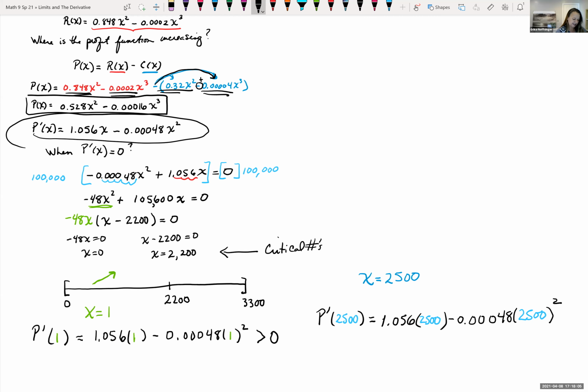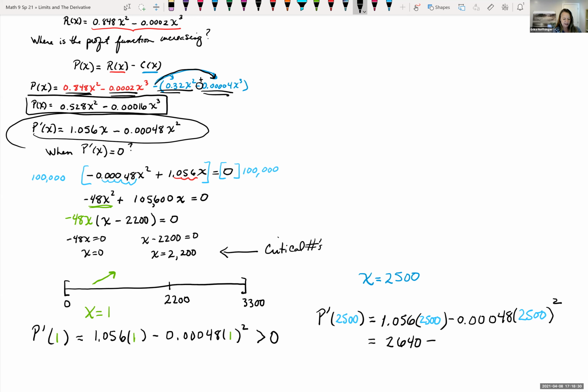If we had something like this on the exam, I would definitely let you use a calculator. Technically, you should be able to multiply that out longhand, but that would take too long. So 1.056 times 2,500 is equal to 2,640 minus,